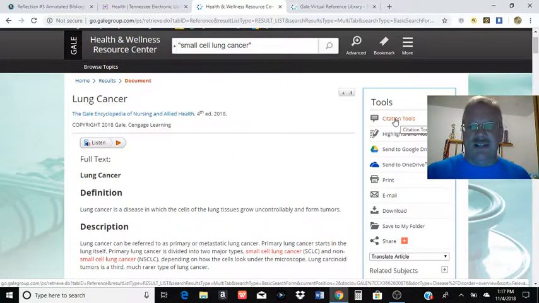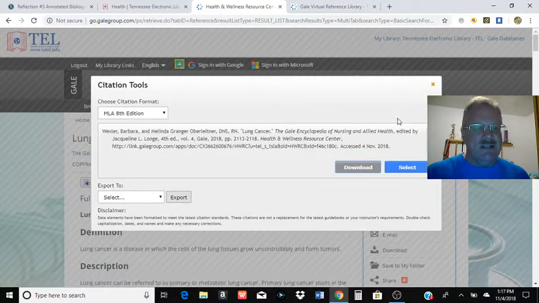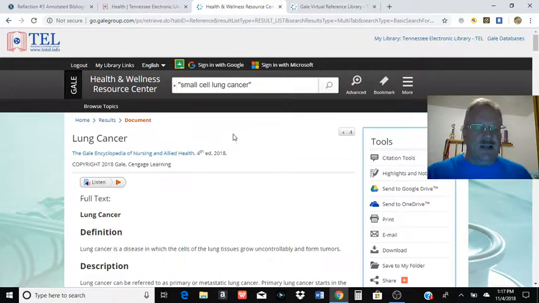If you need the citations tool, you can just click the citations tool, and boom, there it is. One problem, you should not have titles on your works cited page like that, but this gets you pretty darn close to what you need to have on your works cited page, to the point where English teachers kind of go like, take that out.